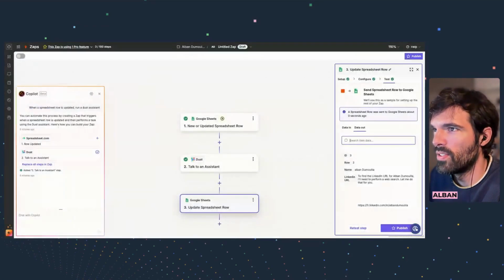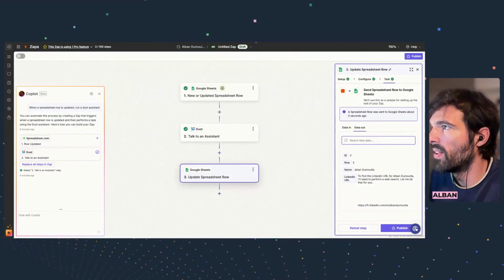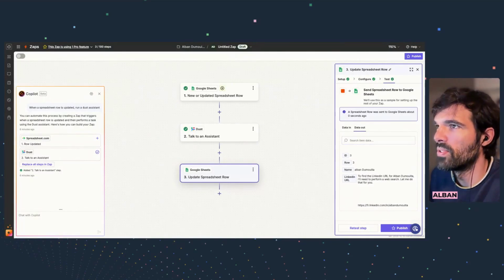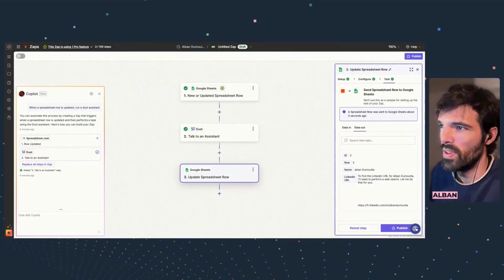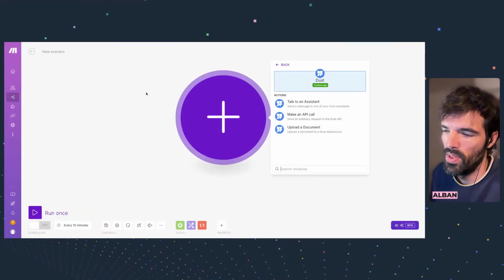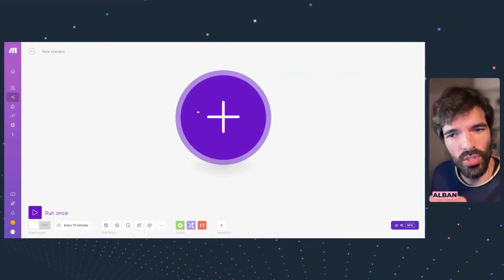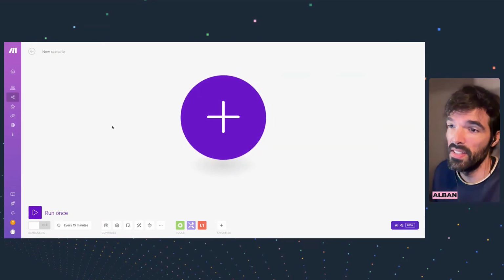Okay, so let's go back to Zapier. We can then update the row. Well, that's already done, I showed you. So yeah, we could do pretty much the same thing with Make. You could just say, okay, for example, because I just showed you how to talk to an assistant, but